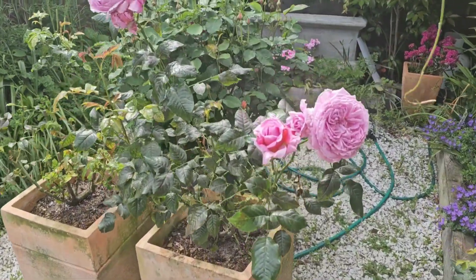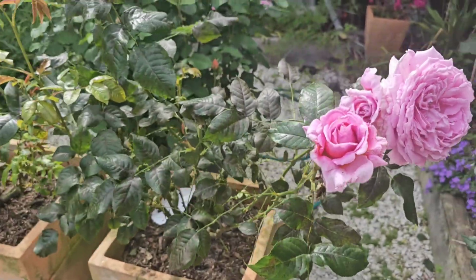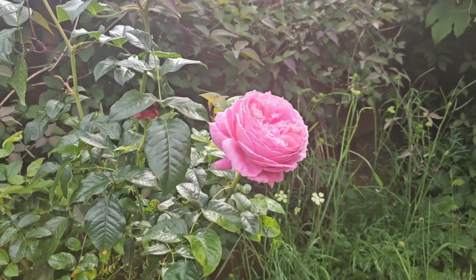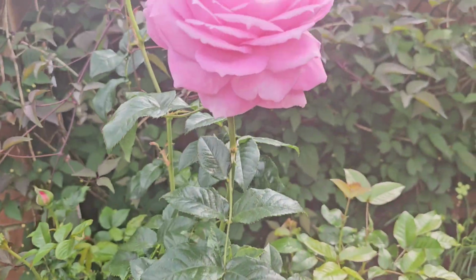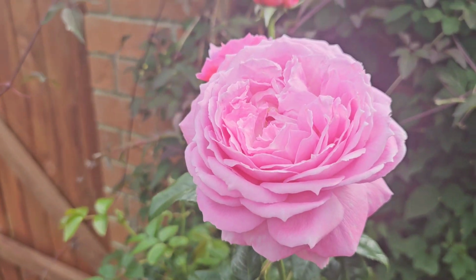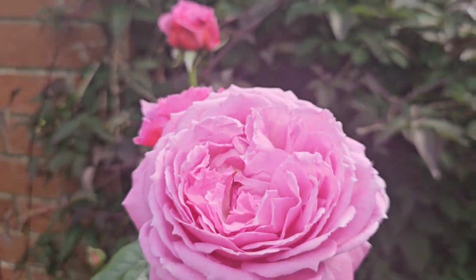But I also want to show you this one. I moved my grandma roses in here because I think they really want lots of sunlight, so let's give it to them. And here's another one in here. Look at that huge flower. Look at that. And there's even bigger than that one. Look at that. I really love this one. So fragrant and also